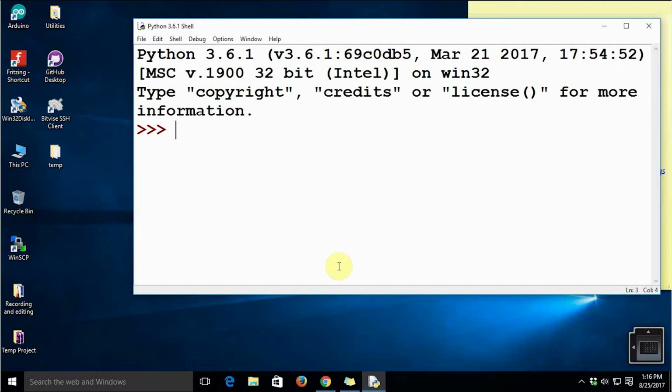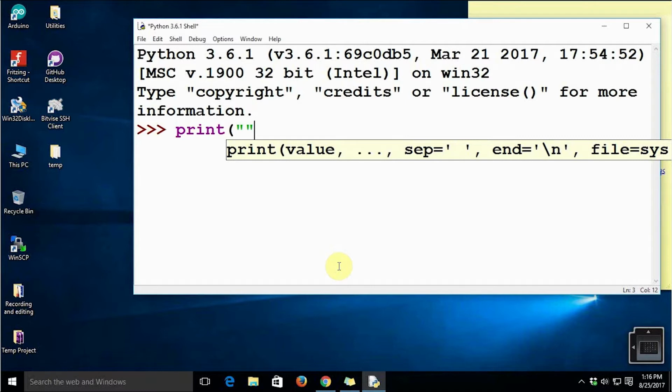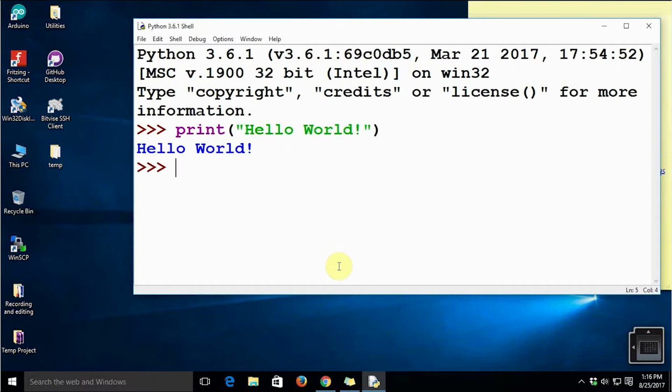While writing the earlier programs, you must have encountered syntax errors. Let me explain what syntax errors are. When you say print hello world and then closing bracket and you press enter, the interpreter takes this entire string as an input, processes it, and prints the string to be printed.